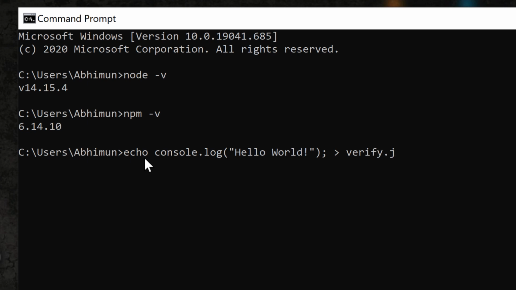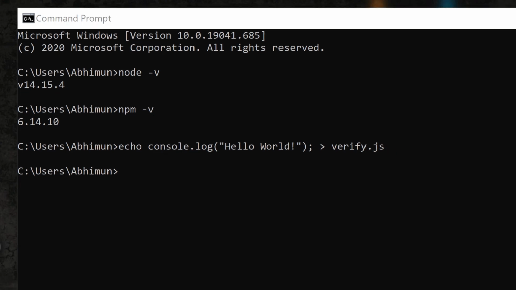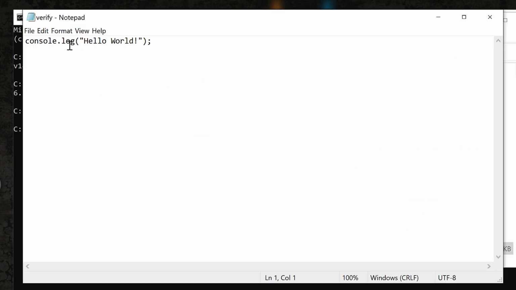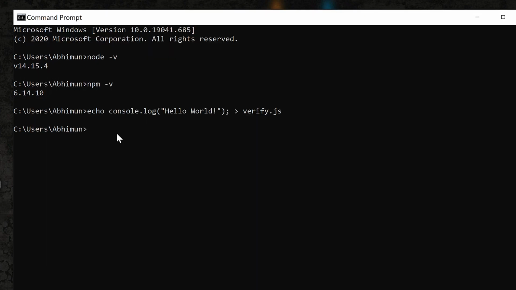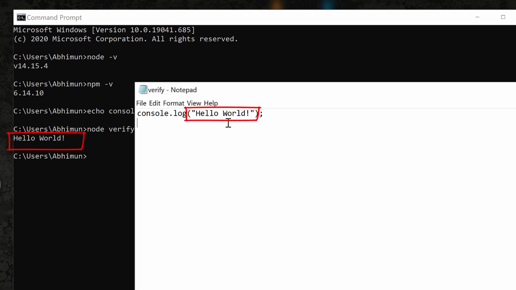So this will basically write the console.log hello world statement in the verify.js file. Now if we open that verify.js file, we can see that statement. Now type node verify.js and it will run that JavaScript statement that we added in the verify.js file.